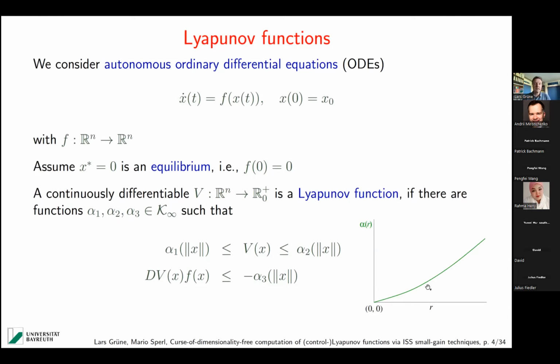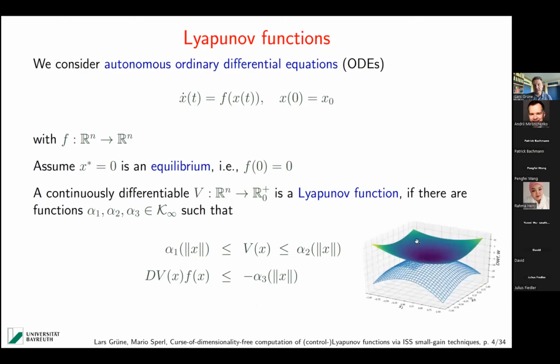So these are the K-infinity functions, and essentially what this means is that such a Lyapunov function looks like what you see here. It looks a bit like a bowl. So you have a lower bound, which is this alpha 1. You have an upper bound, which is alpha 2, and the Lyapunov function is in between. It can be less regular than this one. It can be a bit more ragged, going up and down, but essentially it must be confined in